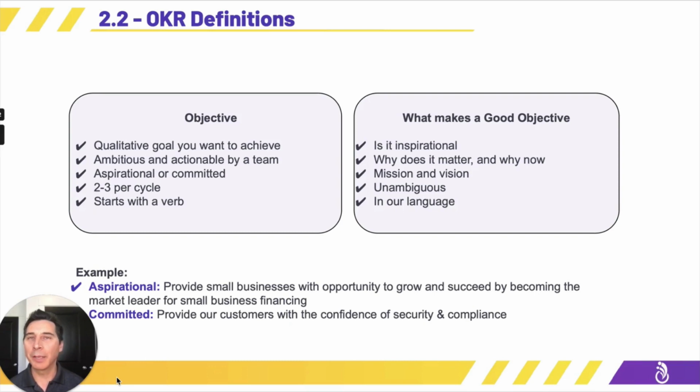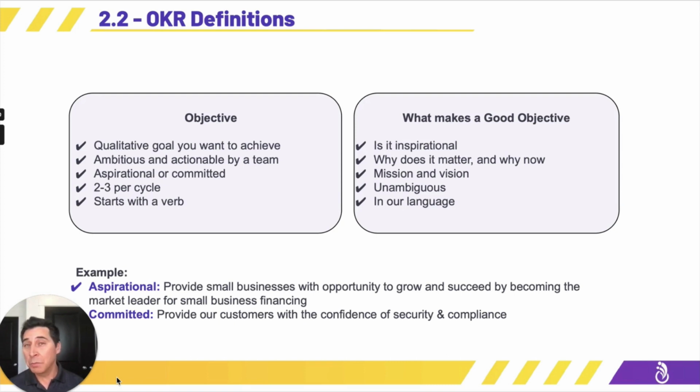So you're probably thinking to yourself, you know what, Jim, this is all fascinating stuff, but I still don't know what OKRs are. It's a great point. Let's take a look. So the objective, you want to think of that as the heart, right? It's that qualitative goal that you want to achieve. By nature, it should be ambitious, but it also needs to be actionable by the team. We don't want to be setting our OKRs to the point where they're so ambitious that we're unable to hit that goal, right? So ambitious, but actionable by the team.